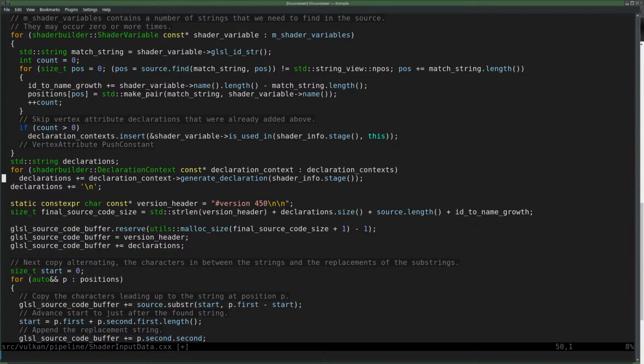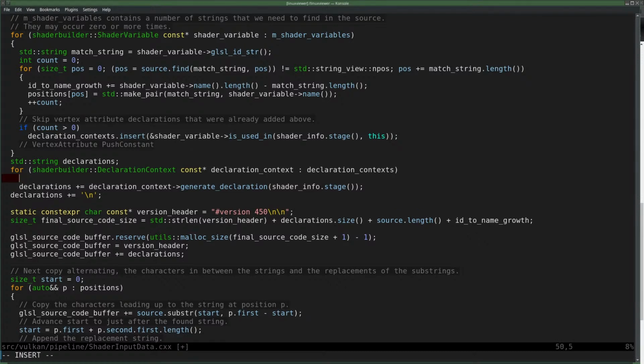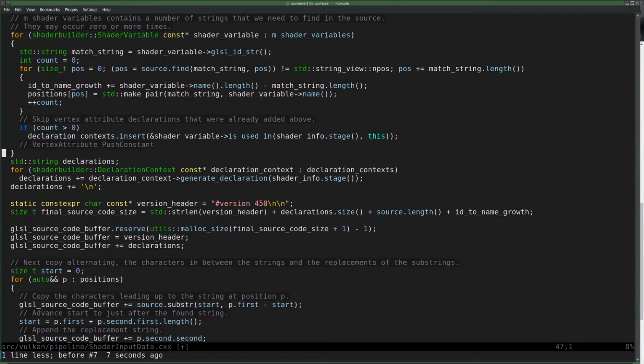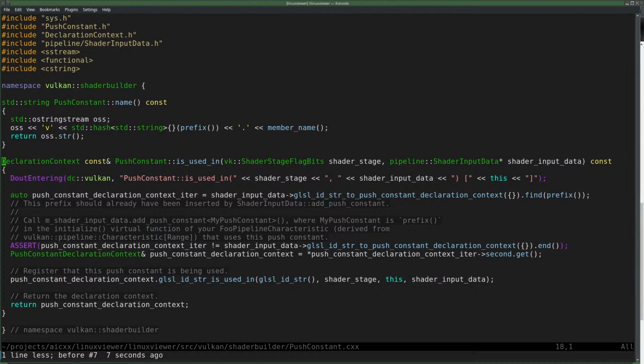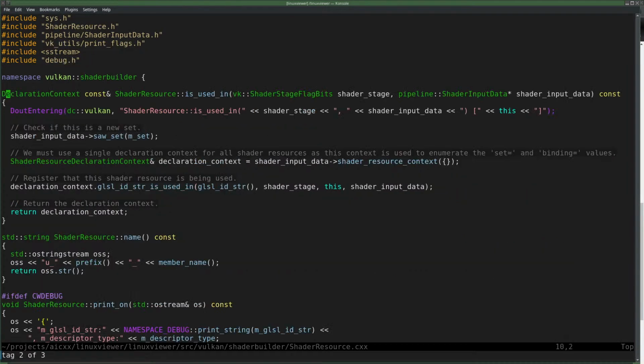Okay, yeah. What I do have to do is, when the declarations are found, this runs over all the context. I might as well add them here, right? Or is it nonsensical? It's totally nonsensical. I should add it here. If they are found, I know that it is a shader resource. Edit: push constant shader resource. Here. Declaration context. The declaration context is being found by